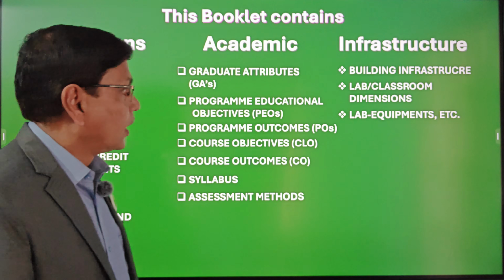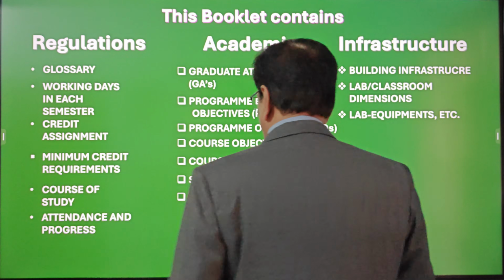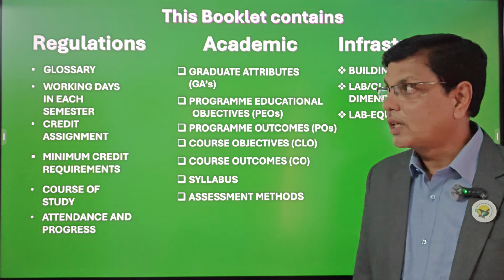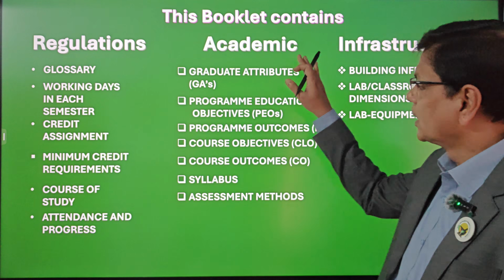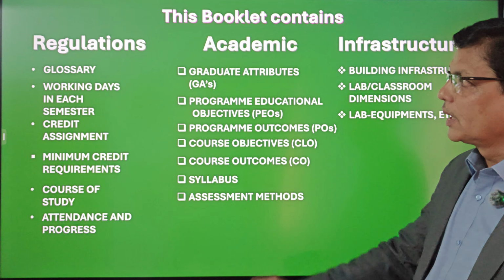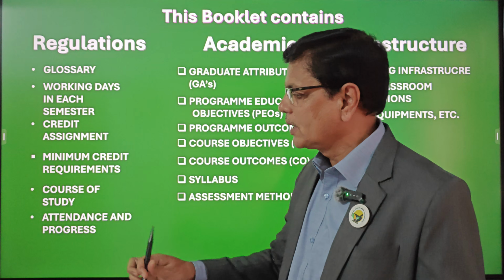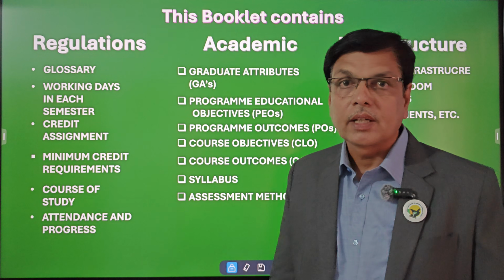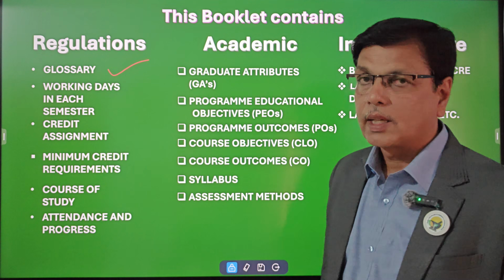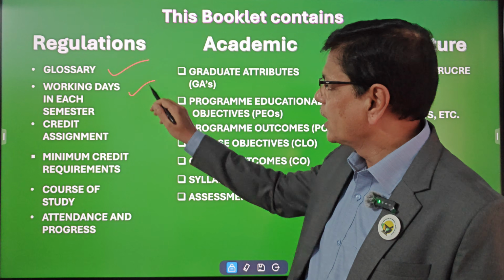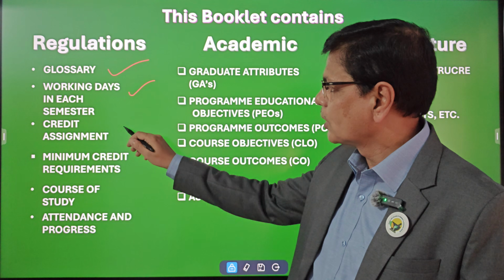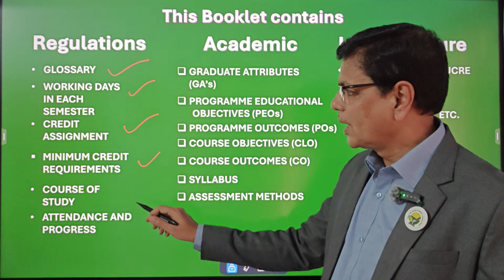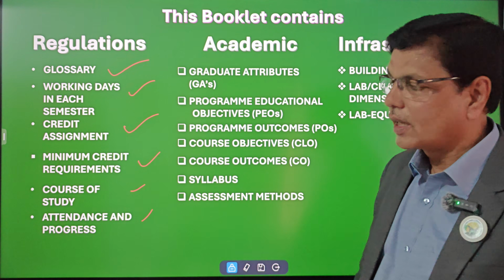and videos. Friends, let me start with the content of the booklet, which is a 358-page booklet containing a regulation part, an academic part and an infrastructure part. In the regulation part, definitions and meanings are given through a glossary, along with the number of working days for each semester, the credit assignments, the minimum credits required to complete the B Pharma program, and course study and attendance and progress